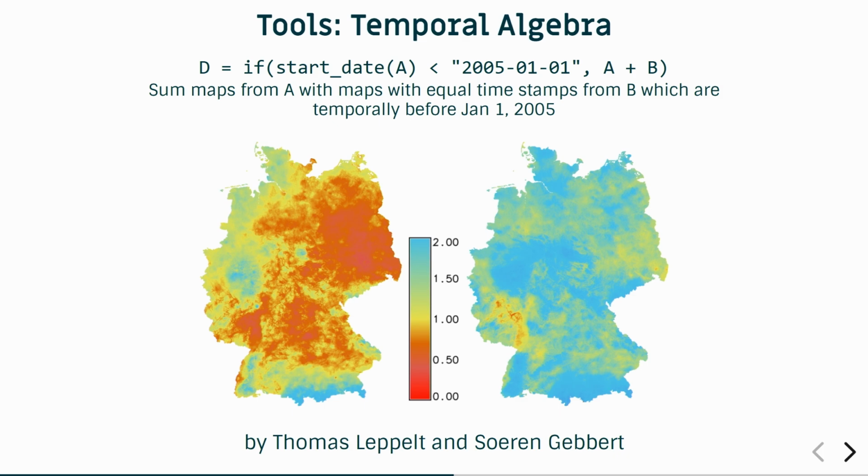So this expression here is asking what layers in that data set have their timestamp lower than the 2005 date. So it will only get the older stuff in the data set, and then it will see which